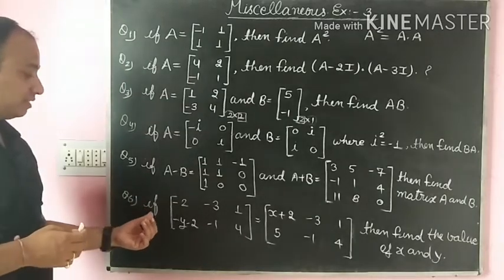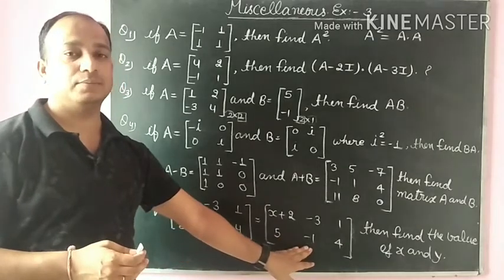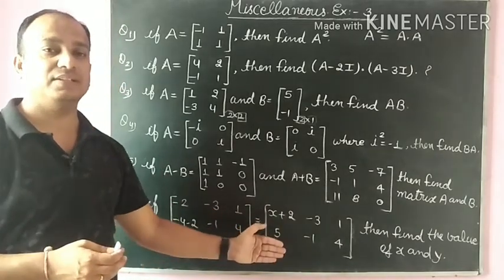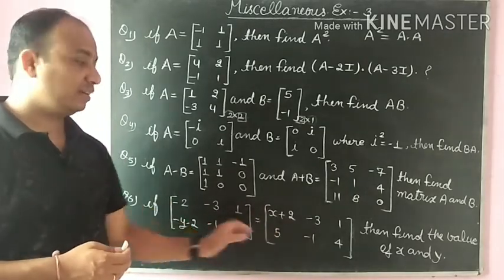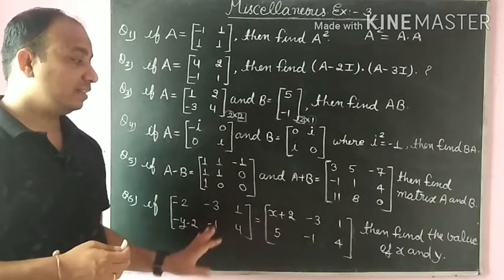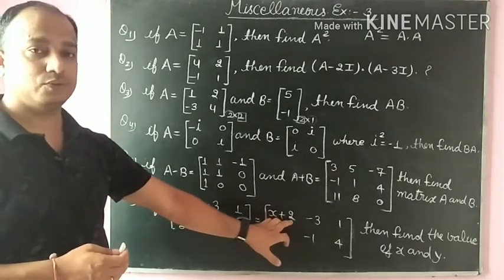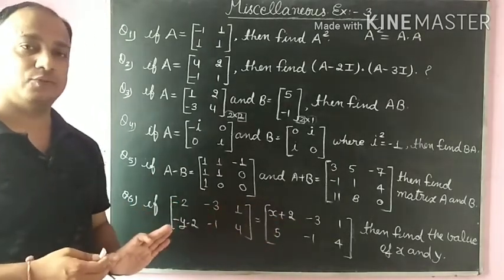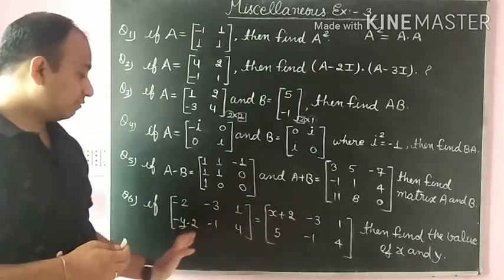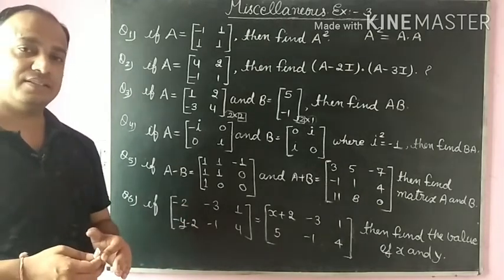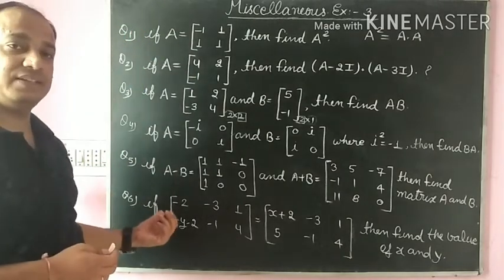The last question, 6th, this is a matrix of order 2 by 3 equal to this matrix. Okay. We have done many questions of this type in exercise 3.1. Two matrices are said to be equal if their orders are equal and their corresponding elements are equal. Then we compare both matrices. Then minus 2 equals x plus 2, then the value of x is minus 4. Okay. And minus y minus 2 equals 5, then the value of y equals minus 7. Okay, then we can do questions 1 to 6 very easily.